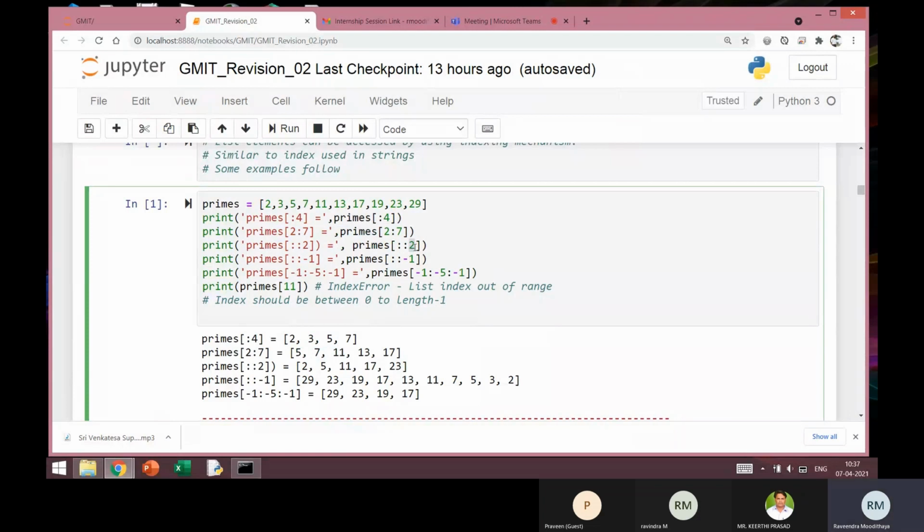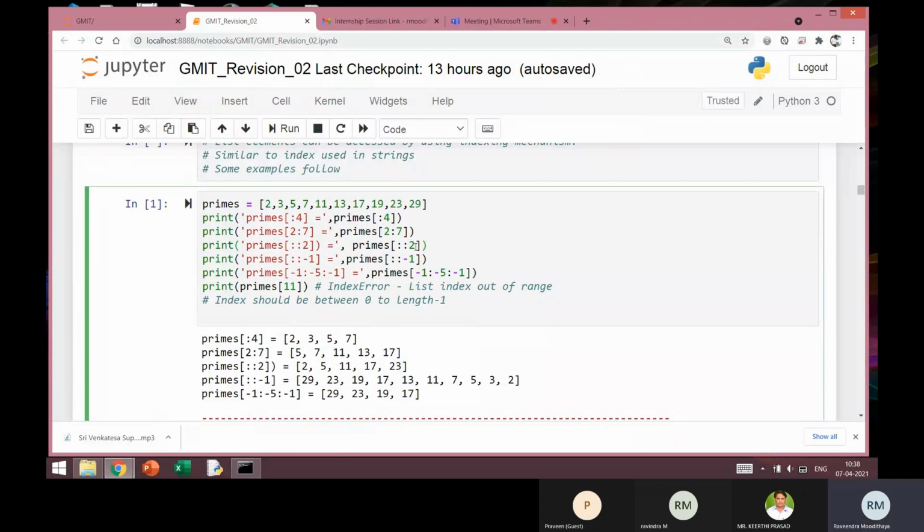Whatever is the number here, if it is positive, you are traversing from left to right. The index is from 0 to length minus 1. If this is negative, then you are traversing in the reverse direction, and the numbers that you are writing here must conform with this direction. Okay.